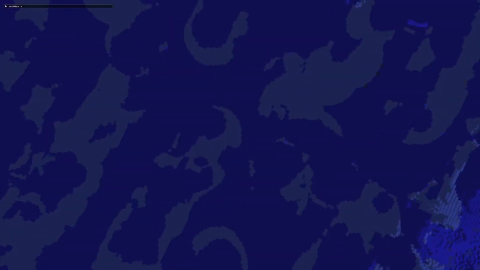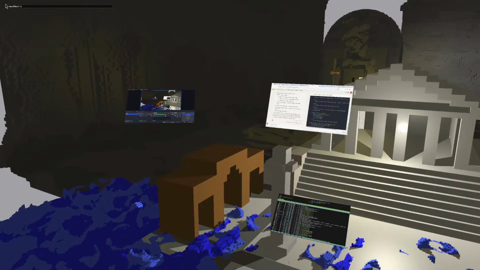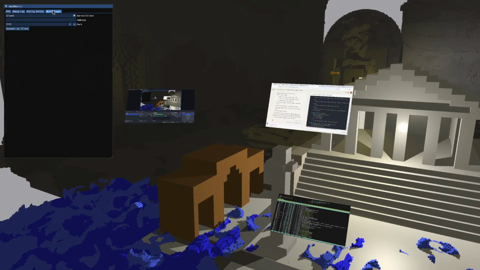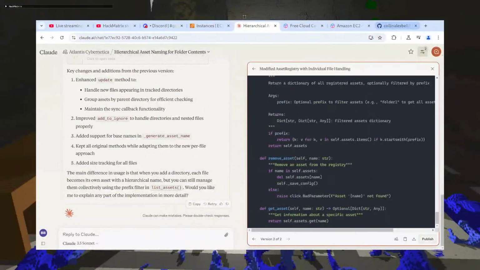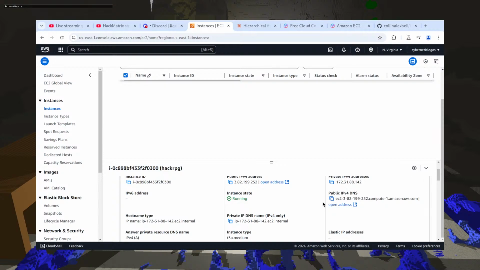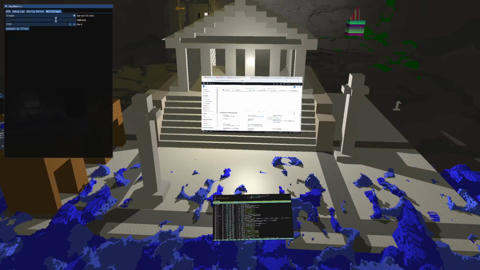The reason why I want to add a DNS is because I believe that if I go to multiplayer and try to paste a DNS name, IPv4 DNS, whatever, it almost certainly is going to break.